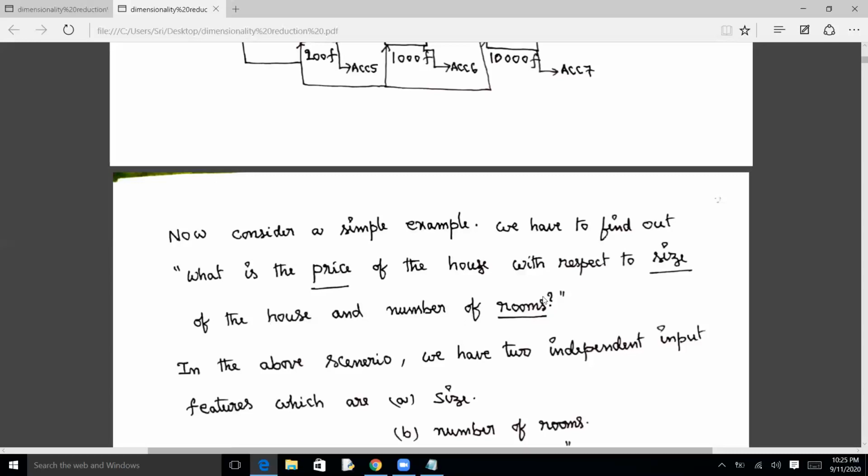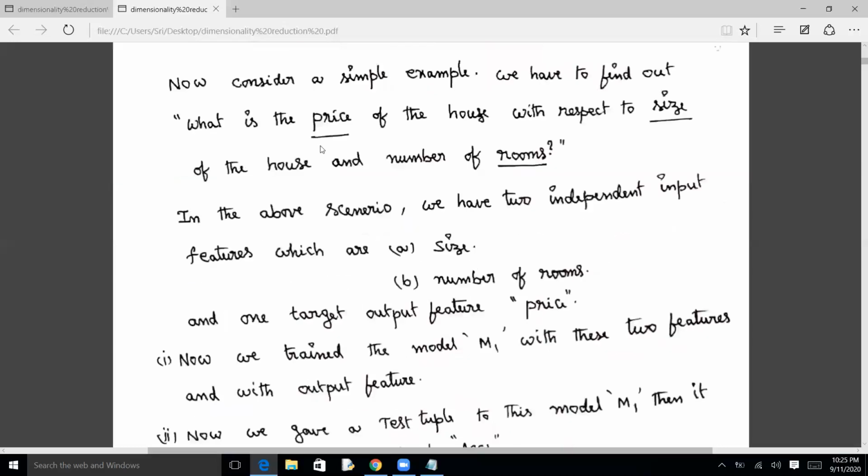So here the attributes are 2. Two independent input attributes are there. What are those? One is the size of the house, another is the number of rooms of the house. These are the 2 independent inputs. Corresponding to these 2 independent inputs, we need to find the price of the house. This is the example that I am considering. Now our target output, that means whatever we want to find, will be considered as a